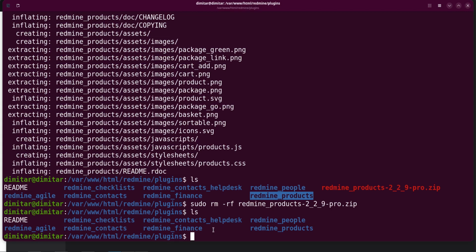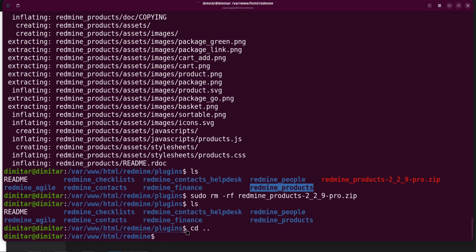Okay, so there are two more commands that are very important, and they need to be executed in the core Redmine folder and not in the plugins folder. This is a very common mistake that people make. So you have to change the directory one step back to the Redmine core folder, and here you need to execute these commands. The first one is sudo bundle